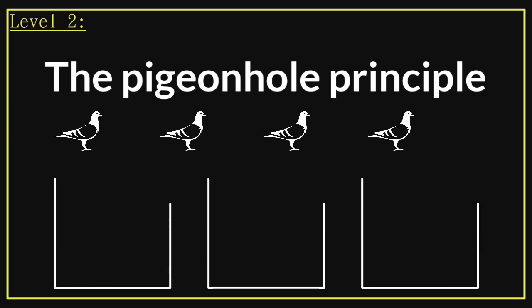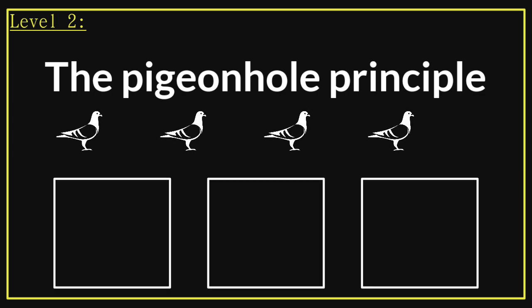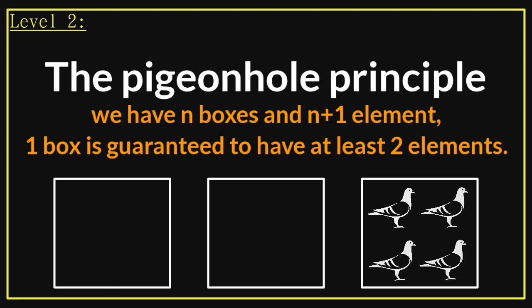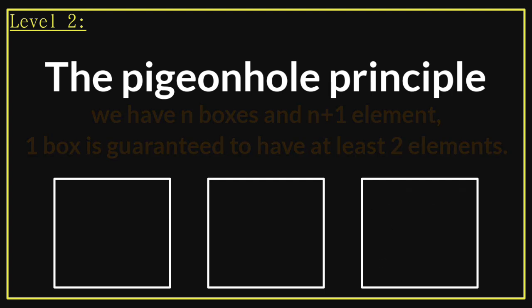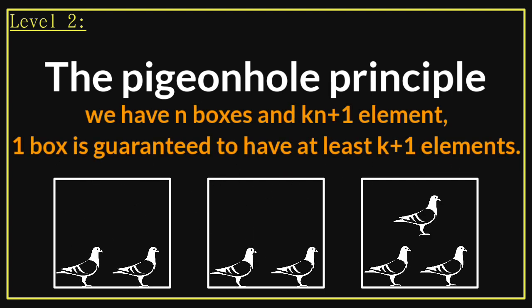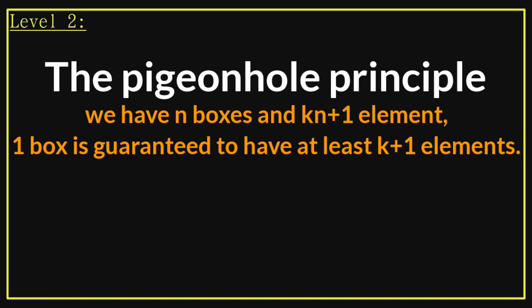Imagine 4 pigeons and 3 boxes. We want to put all pigeons inside the boxes. There must be at the very least 2 pigeons in the same box. The pigeons could be arranged differently so that all 4 are in the same box, but no matter what arrangement we use, it is guaranteed that one box has at least 2 pigeons. If there were 7 pigeons in 3 boxes, then at least one box would contain 3 pigeons. Try to imagine splitting the pigeons as evenly as possible among the given boxes, then counting in the box with